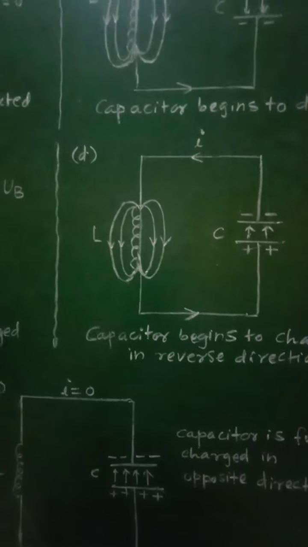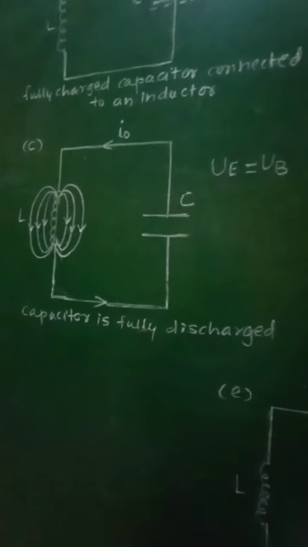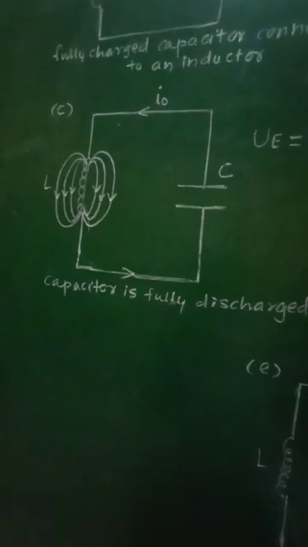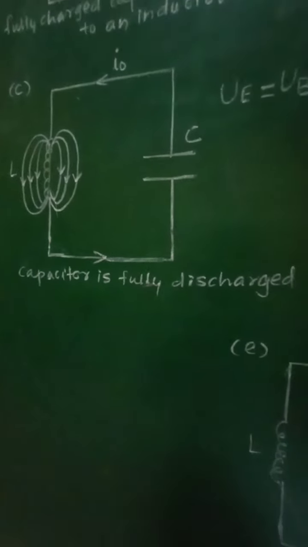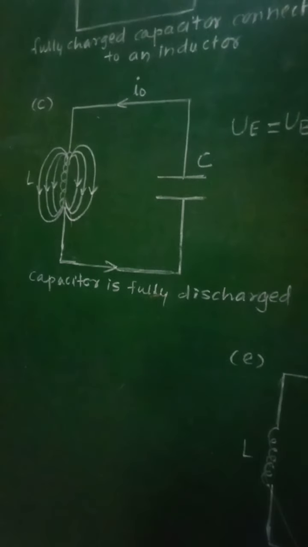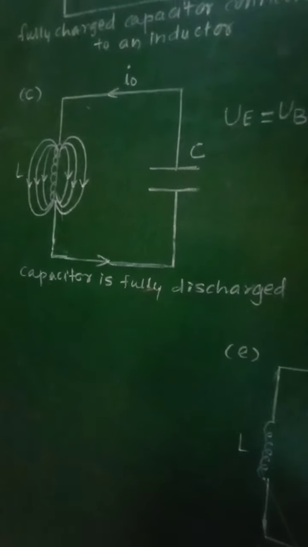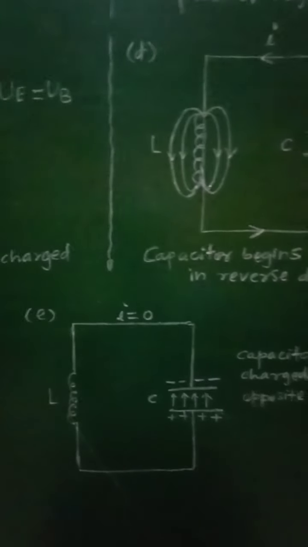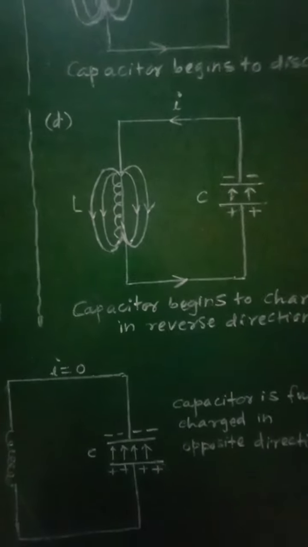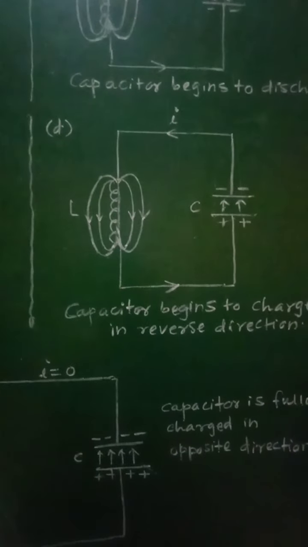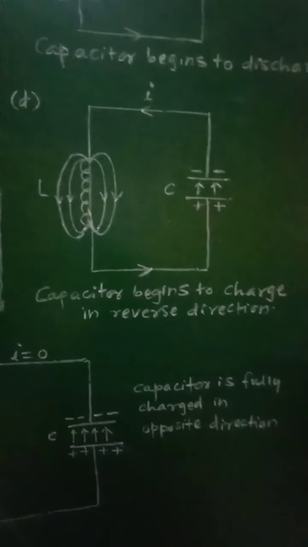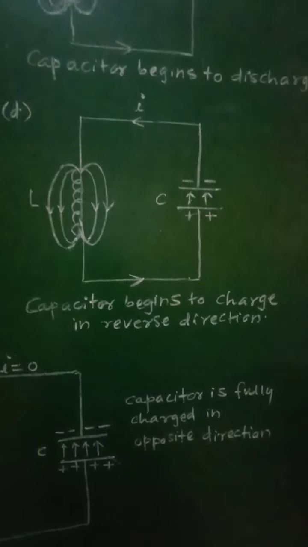The magnitude of the current is less because in this third case, that is in C, the current had reached its maximum value I0. But when the charging process of this capacitor goes on, as soon as the charging of the capacitor begins, the current flowing in the circuit decreases, and it charges the capacitor in the opposite direction.